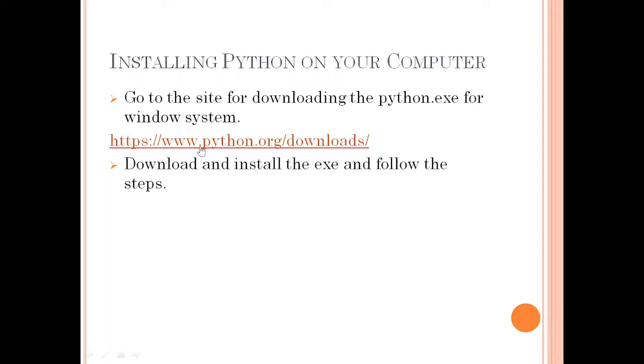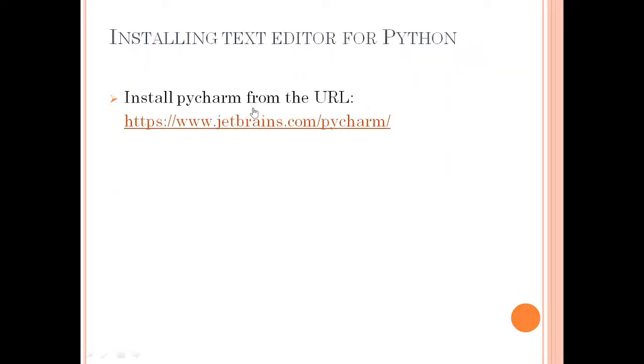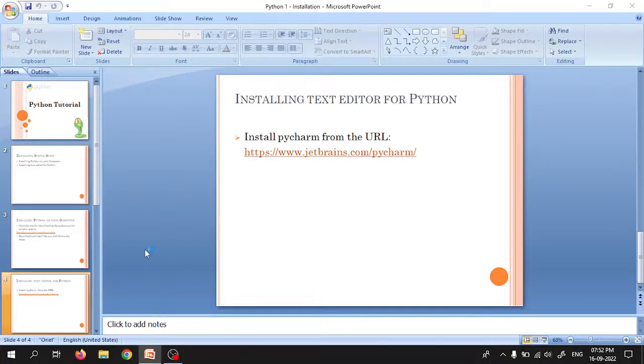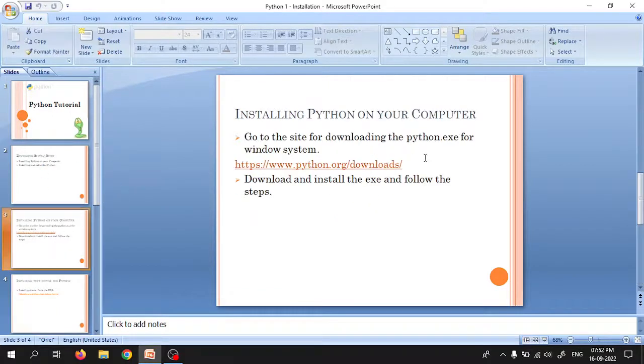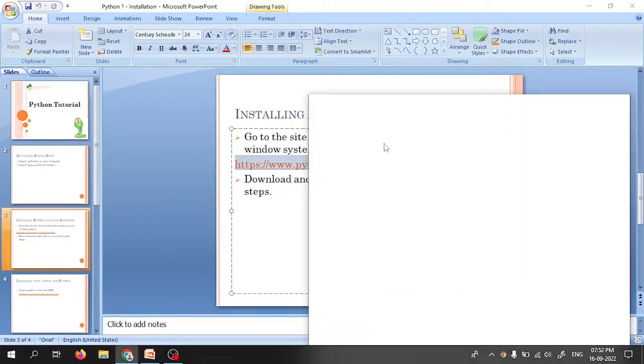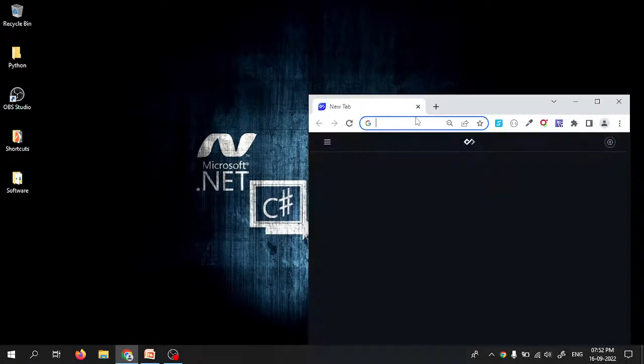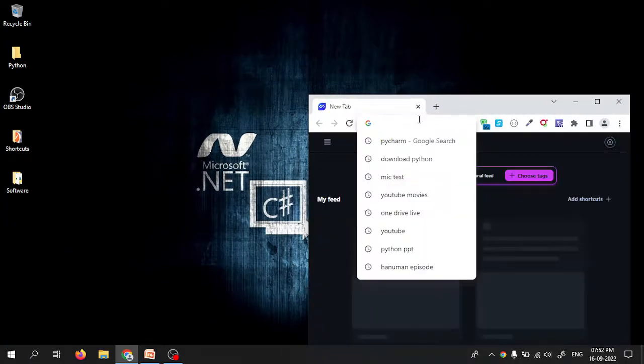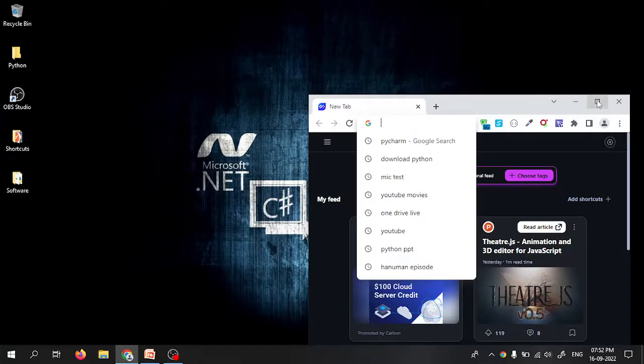So first, we use this link to download Python, and for the text editor we are using PyCharm. So let's go to the browser and download Python and PyCharm. This is the link, we have to copy it and open our Google Chrome, or any browser you choose. So wait for the browser to load. Okay, so now we have to go to the browser and paste our link,